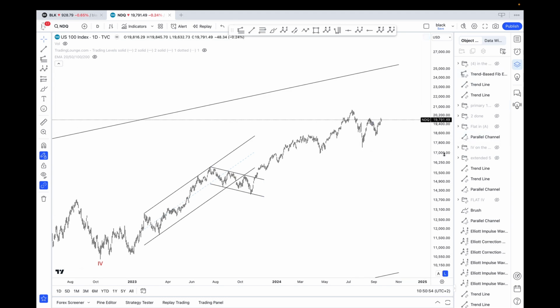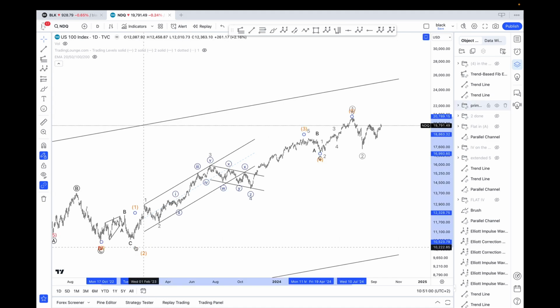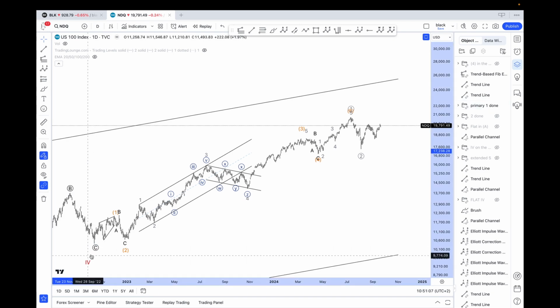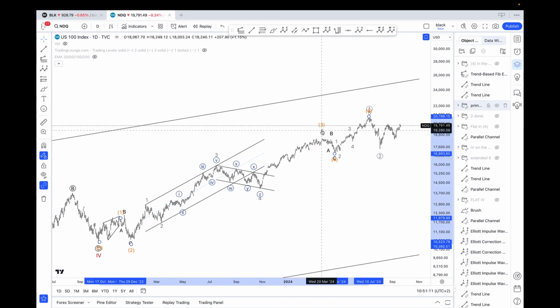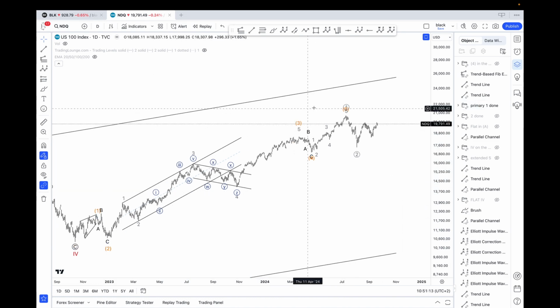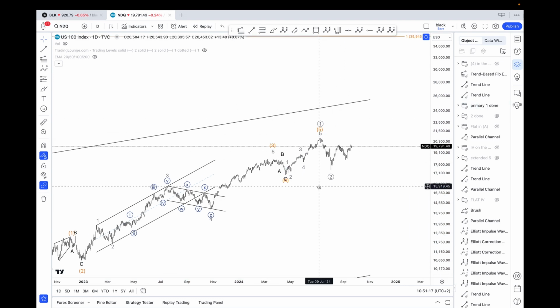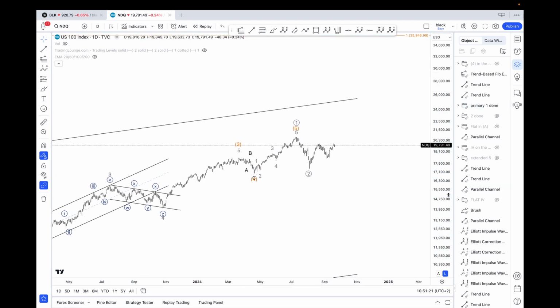Now, at this point, similar to the S&P, we have two different counts available, assuming as usual. There you go, TradingView, moving my waves. The wave 4 here is in place, and we're looking for wave 5. We can now assume we have either a 1, 2, 3, 4, 5 in place with a primary wave 1 of 5 in place, and this would mean,